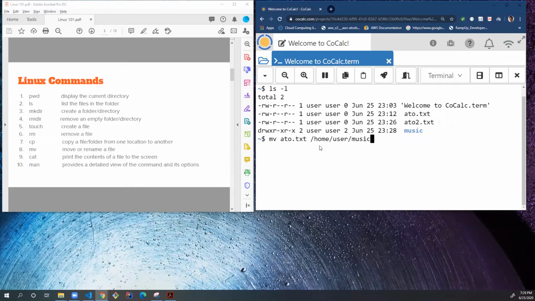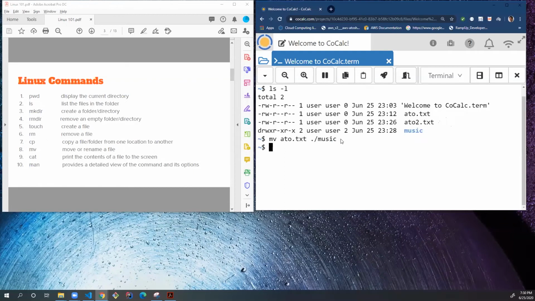This is the full form. We call this the absolute path, the absolute path to the folder. But the shorthand is the short form: from the current directory, inside the music folder. Okay, and then